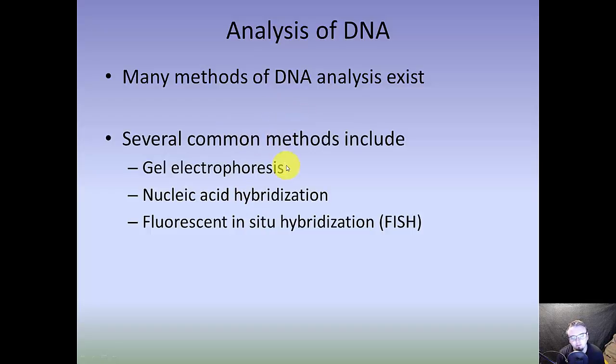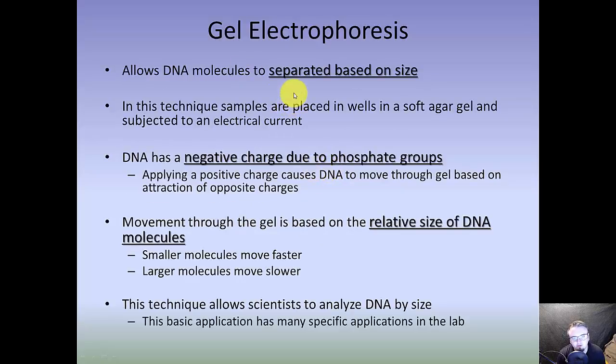So some of the most fundamental involve things like gel electrophoresis, and it's a way that DNA can be separated based on size, kind of a systematic way of organizing the DNA. Another way is using what's called a nucleic acid probe, or a DNA probe, and it's a way to scan the DNA looking for known sequences. And then there's another application of this same technology that's done in intact cells versus done in a test tube where DNA has been separated. So we'll talk about all three of these here. So gel electrophoresis,